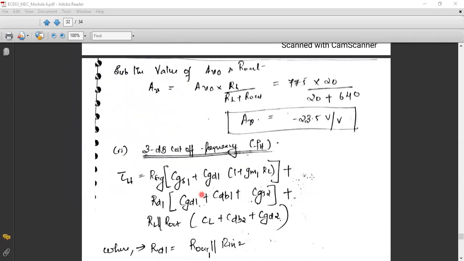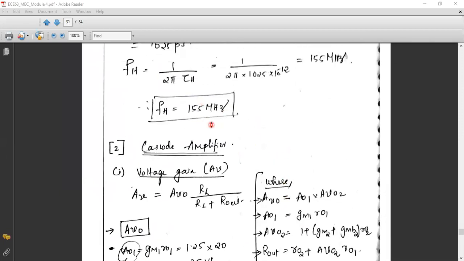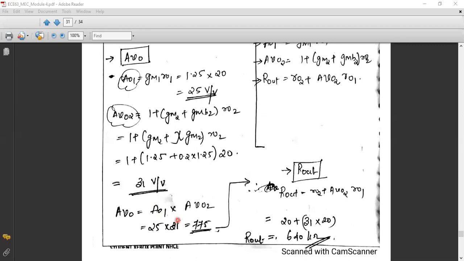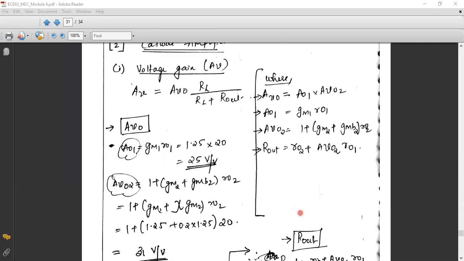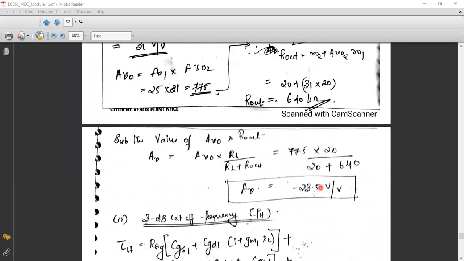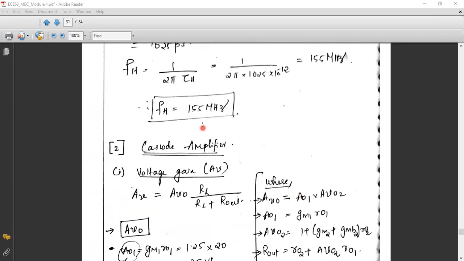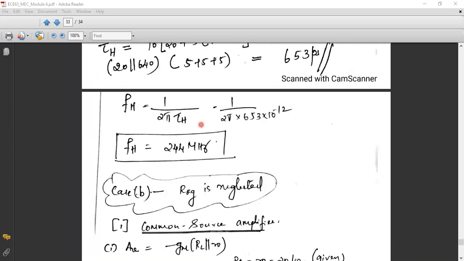Previously, your gain has increased by 1.88 times, right? That is the common source amplifier. It was how much? For common source, it was 12 point something, right? Yes, 12.5. And for cascade amplifier, you got the gain is 23.5. So obviously the gain has increased. But here, if you see the frequency, the cutoff frequency FH of a common source amplifier is 155 megahertz, but for the cascade amplifier, the cutoff frequency has increased. So that constancy doesn't hold here. The product is not constant for this particular case, that is case A, if there is a significant RSIC.